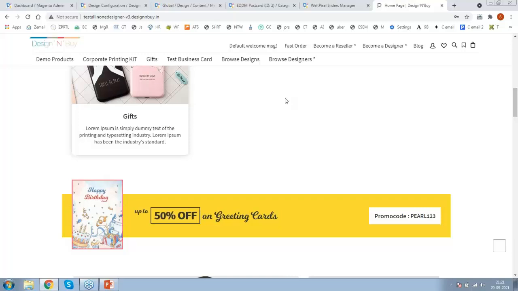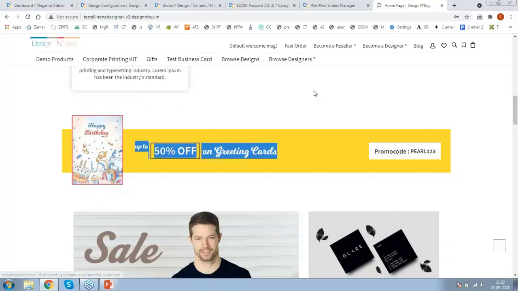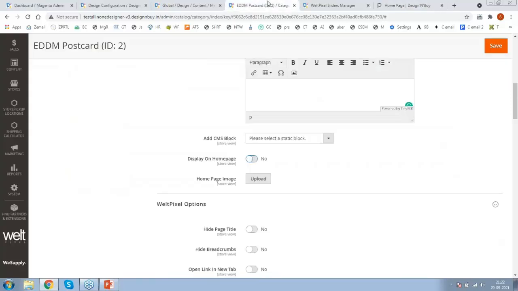So right now we have one specific block that we have called on the home page itself. Here you can see the yellow block with the happy birthday image. This banner image, this text and this promo code we can change from the backend itself.